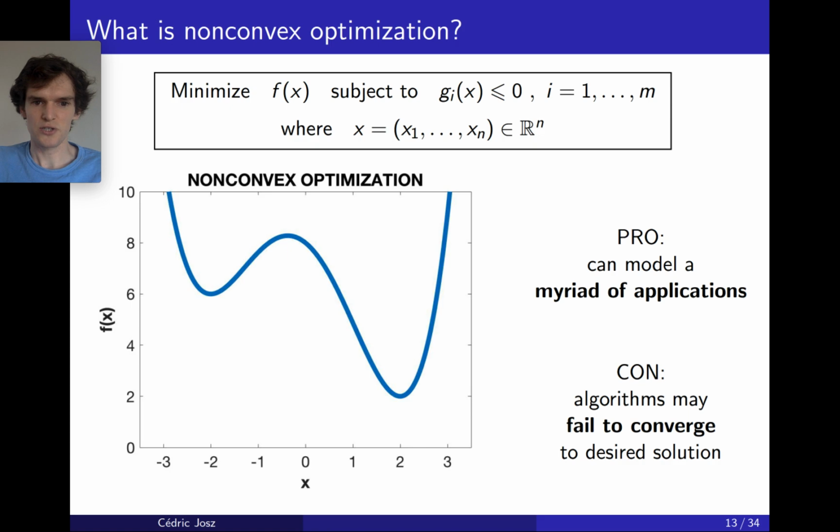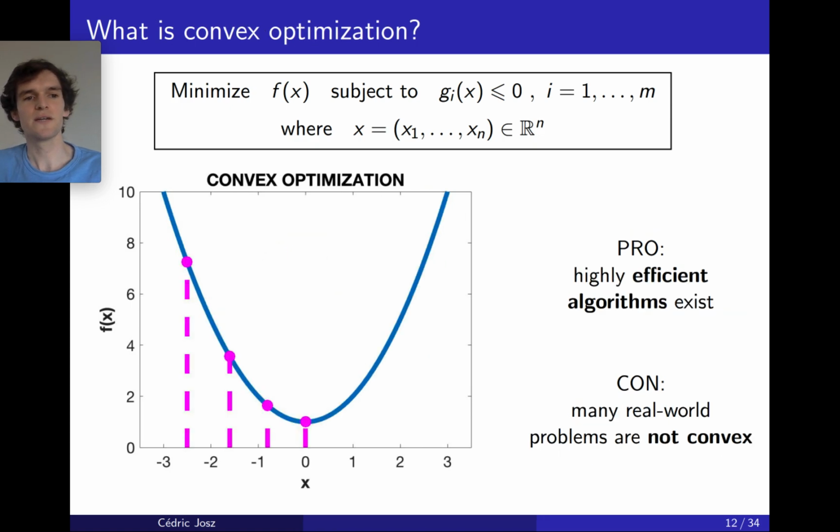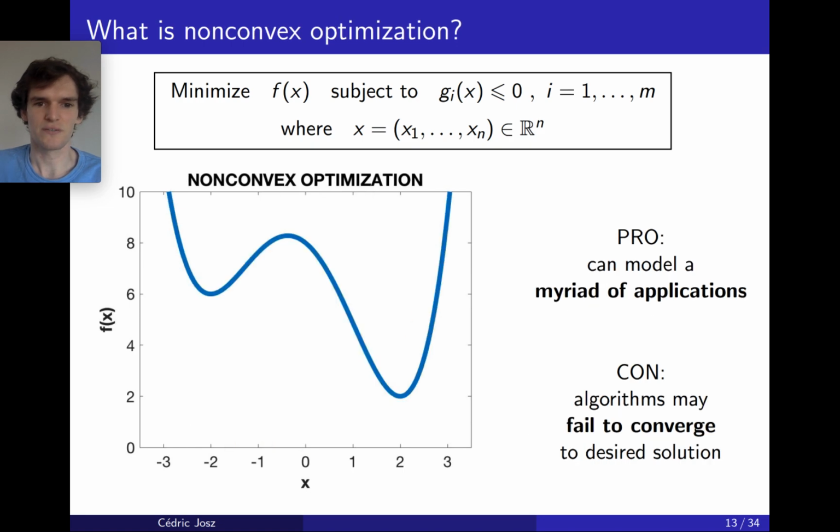So the issue here: this is very nice, but many real-world problems are actually not convex, and so they look more like this. So this kind of function, as you can see, violates the convex property, because if you take this segment between 2 points, it's not always above the function. It actually is sometimes below, and so this actually causes